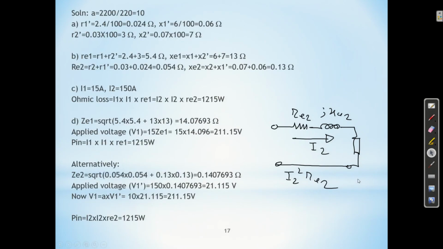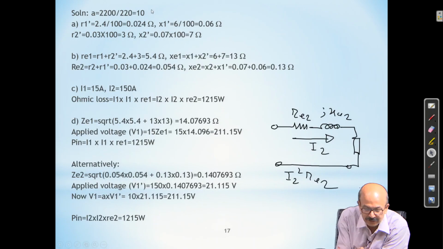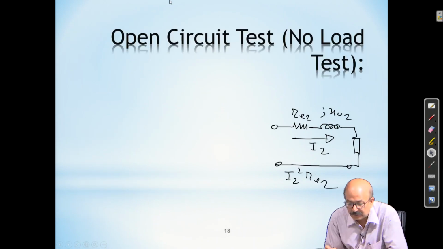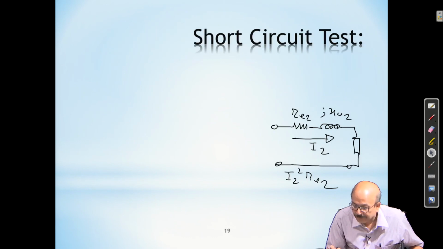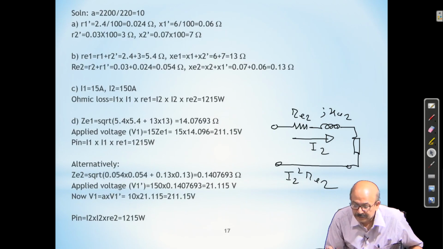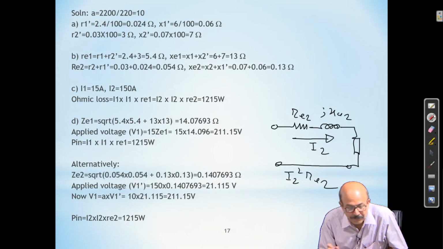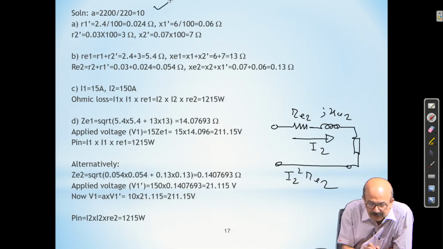If we go to the second, you can clearly see that the turns ratio A is 10. R1 dash is 2.4 by 10 square. R1 dash is R1 referred to the low voltage side. Now it is very less. X1 dash is X1 referred to the low voltage side, this is less. Similarly, R2 dash is referred to the high voltage side. R2 is originally less, when it is referred to the high voltage, this becomes more, multiplied by A square,